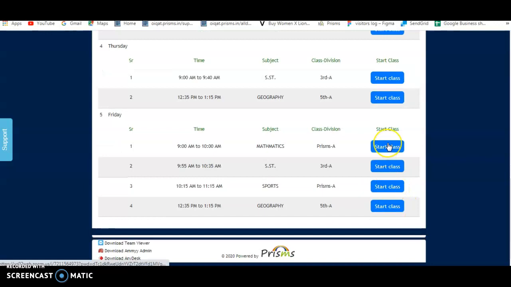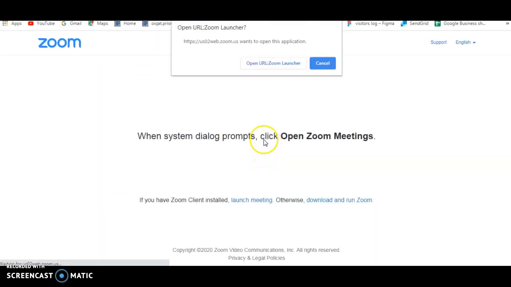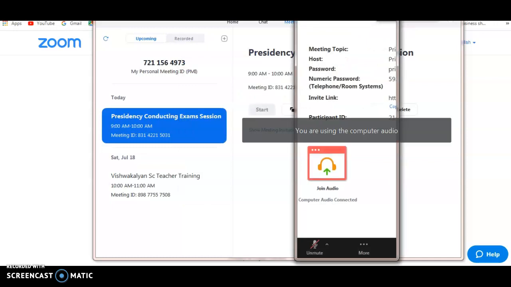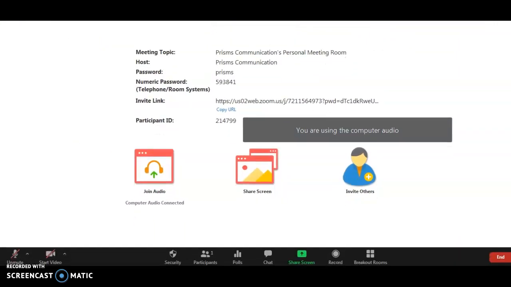Let's say I want to start a class for now. I'll click on start class. And if you have a Zoom app in your desktop, you can click on open URL, Zoom URL, and you'll be able to see. And your session will be started.